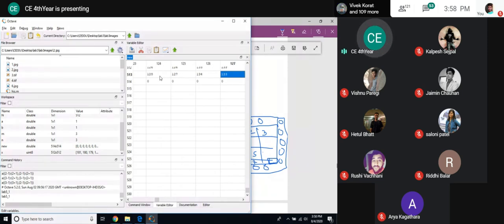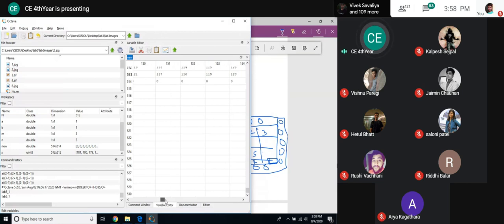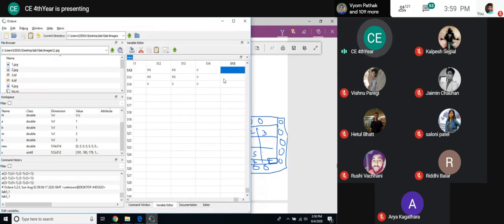So what actually happened: from 2 to 5 and 3, all rows should be copied, and from 2 to 5 and 3, columns should be copied. One row and one column I should leave from 5 and 4. From the second, I will start. Let us see for the last whether it is padded. Yes, it is padded perfectly fine.